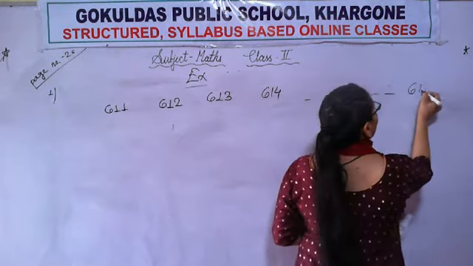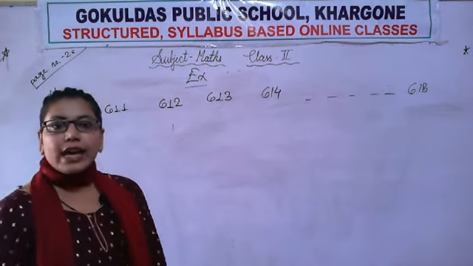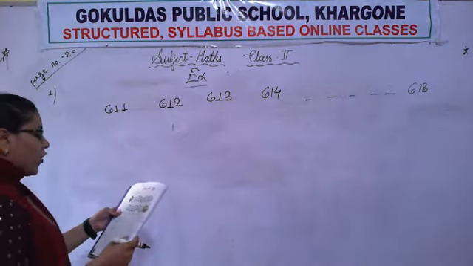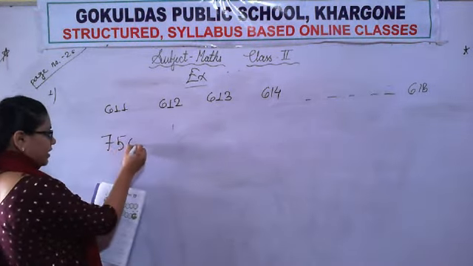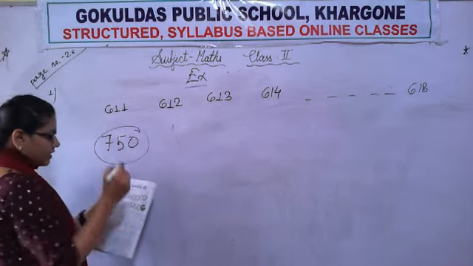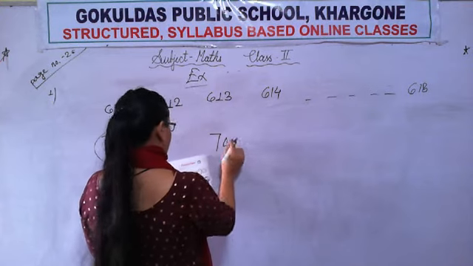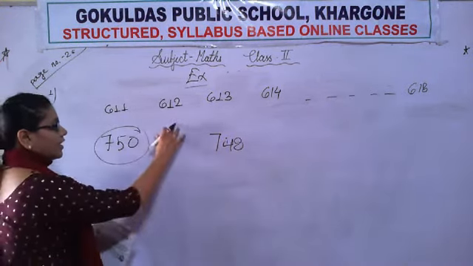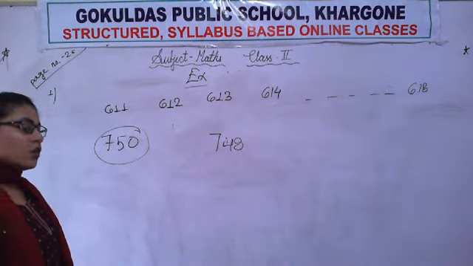You can do it up to 618 because you know forward counting up to 999. So this question is very small for you all. Now, 750 is written here in the caterpillar's last cell and a number is given, 748. It means we can understand this is backward counting. So we know backward counting also.